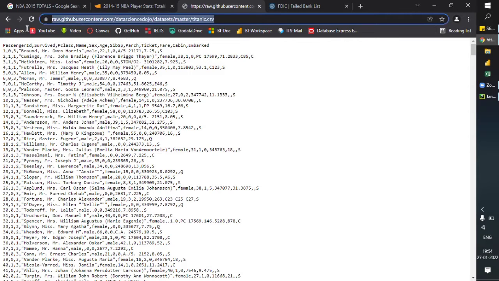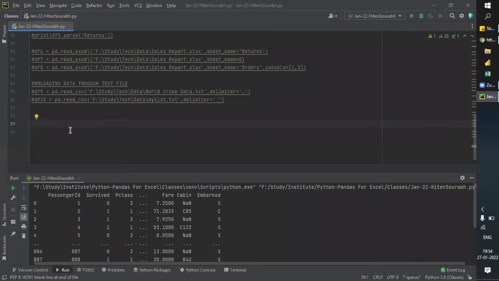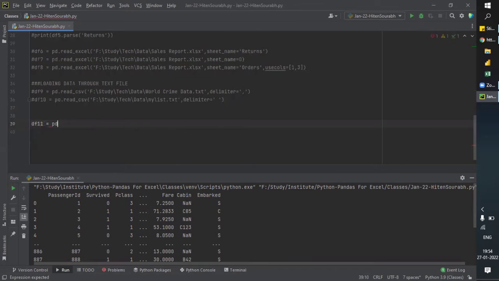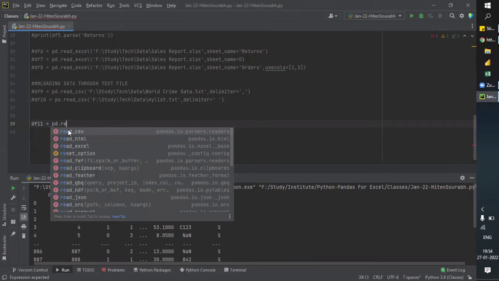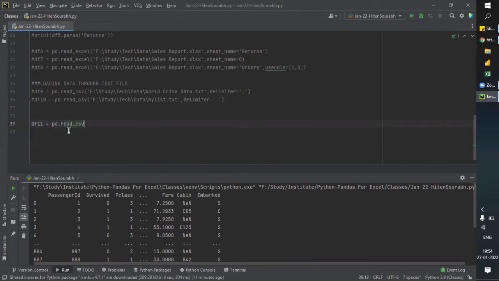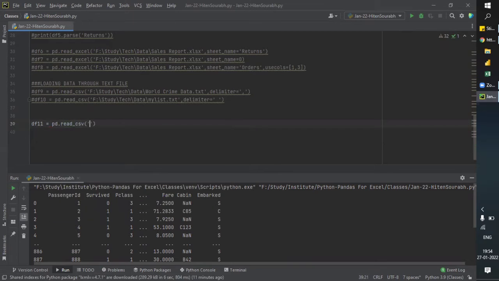Whenever you get this sort of button where you can find raw data or a download option, just click there and take the source, and come here and create the variable with pd dot, and since it's in CSV format, you just need to mention read underscore CSV, start double quotes, and put the link.